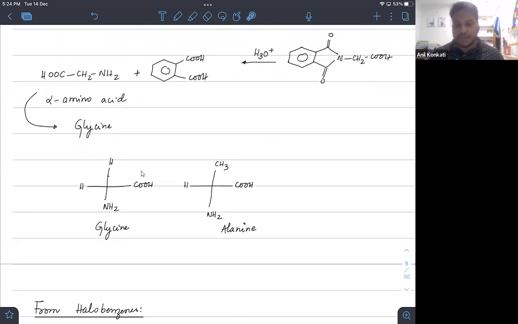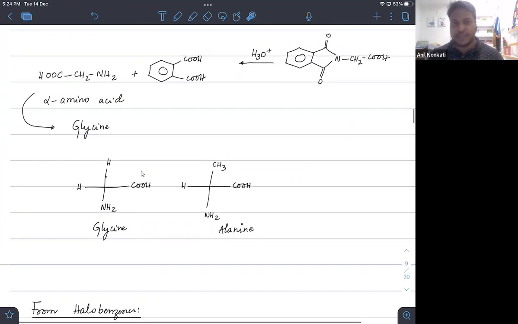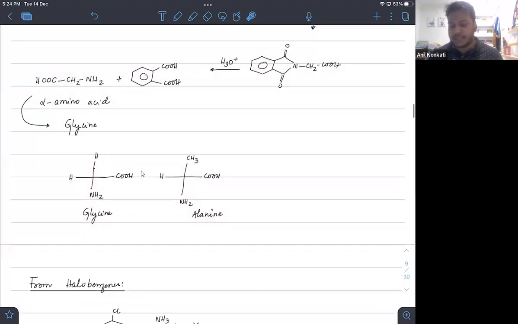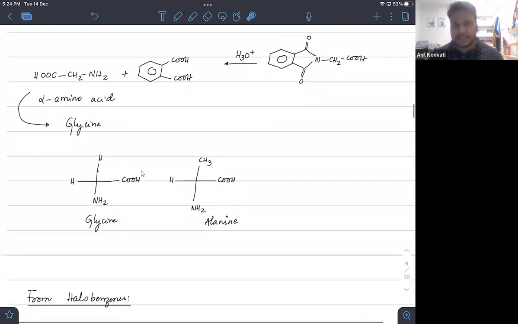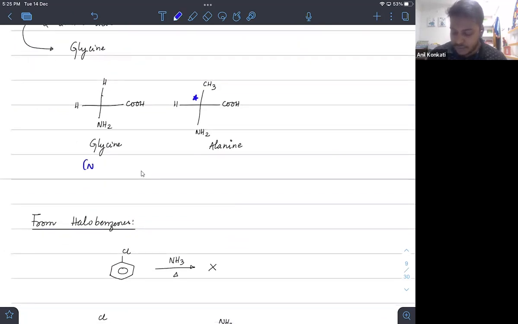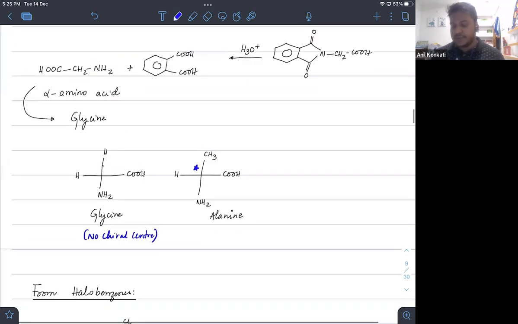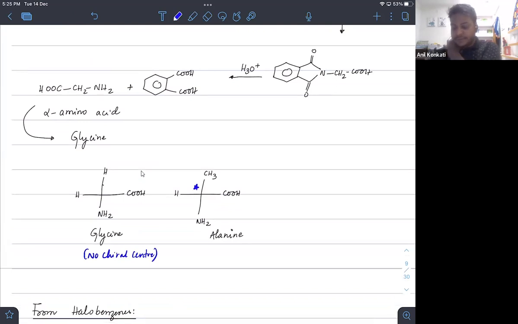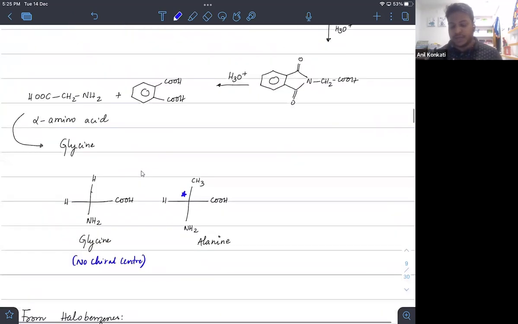Okay, so going ahead in biomolecules, we learn about the type of alpha amino acids. One thing you must know about alpha amino acids is that glycine is the only amino acid which does not have a chiral center. Okay, so these two will be hydrogens, while the second amino acid, where instead of hydrogen, if it is CH3, there is a chiral center here, right? So this has no chiral center. So a simple objective type question: which amino acid does not have a chiral center? Okay. So I hope you understood how glycine is prepared.